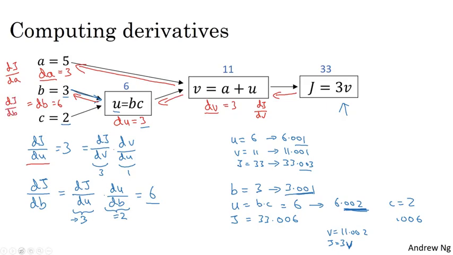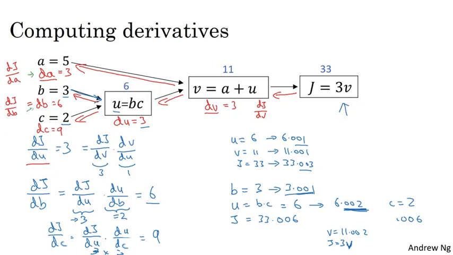And I won't go through the last example in great detail, but it turns out that if you also compute dj/dc, this turns out to be dj/du times du/dc, and this turns out to be 9. This turns out to be 3 times 3. I won't go through that example in detail, but through this last step, it is possible to derive dc. So the key takeaway from this video, from this example, is that when computing derivatives,